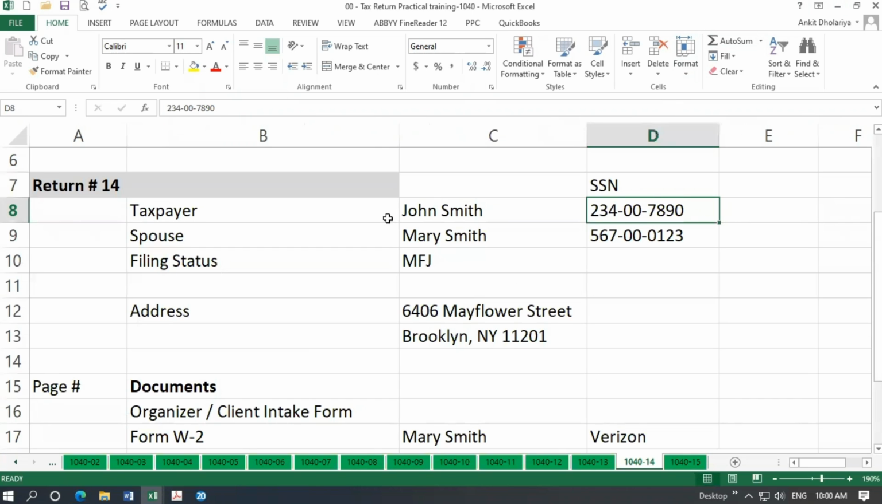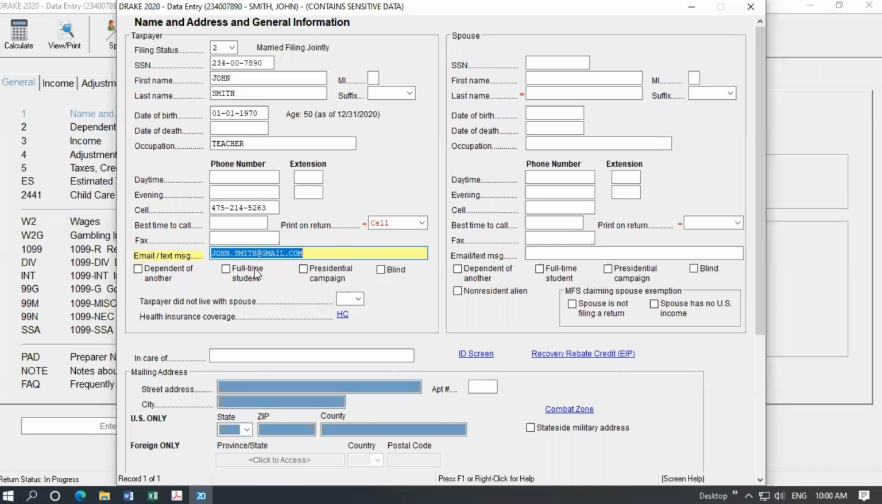So mostly, out of 100 returns, 95 to 96 returns, the answer will be no, or it is blank. If you don't have anything, just keep it blank. If yes, then select the fund. Okay? Now,